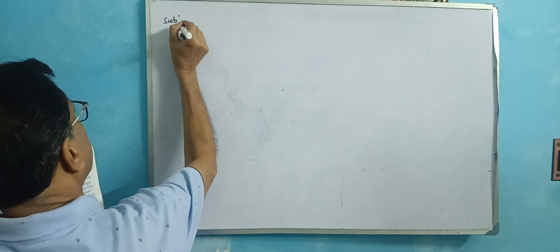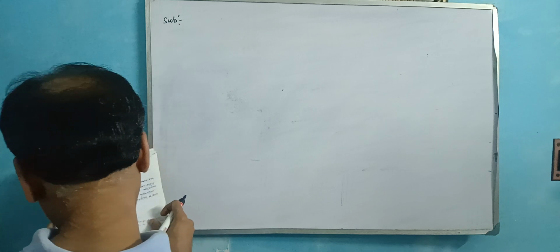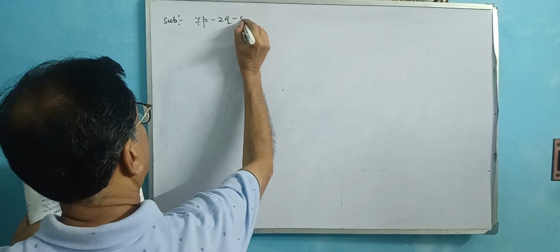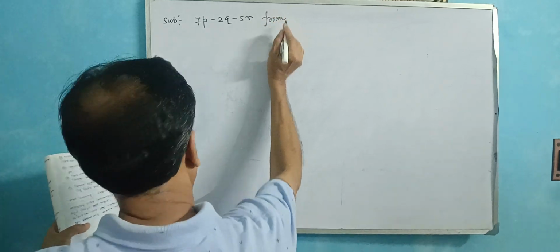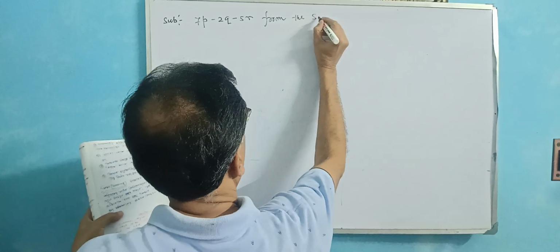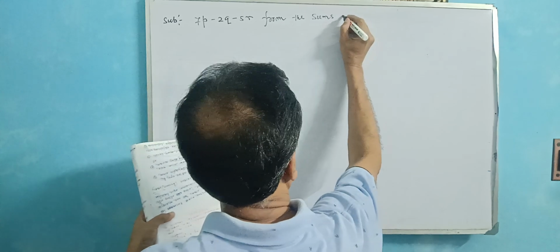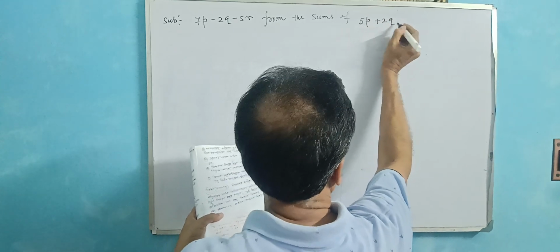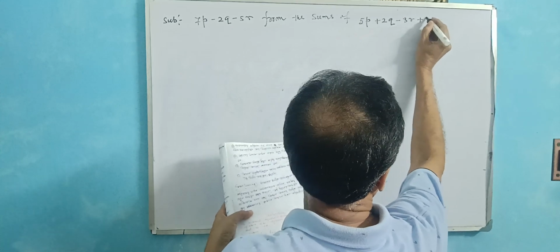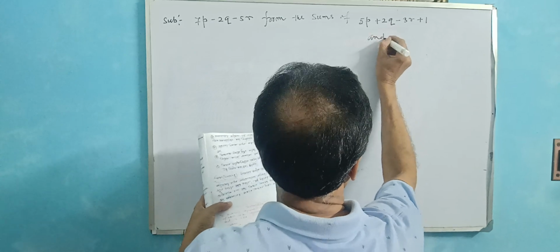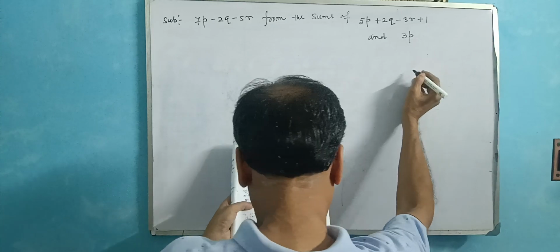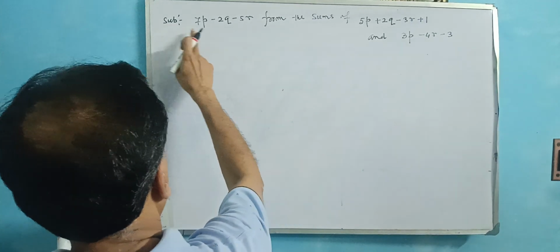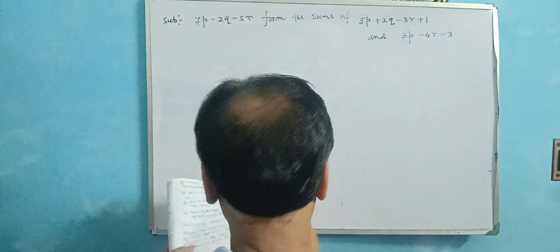এটা একটু বড় সাব লিখতে হবে, লিখি একটু। Subtract 7p minus 2q minus 5r from এরকম অঙ্কগুলো দেয়, from the sum of 5p plus 2q minus 3r plus 1 and 3p minus 4r minus 3. এটা হচ্ছে সাম।